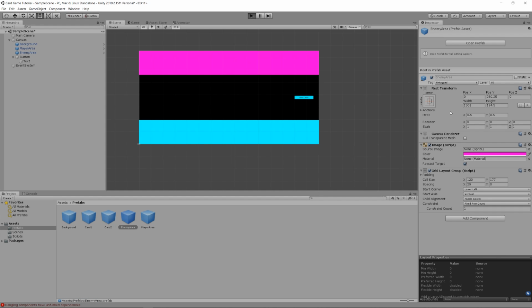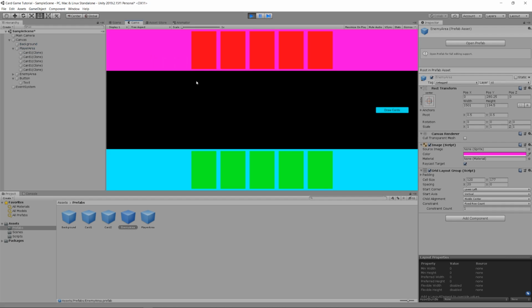Okay. Save that. Go back to my game. Click play. Draw cards, and now I have 3 green cards here and 3 red cards up here. So yeah, that's working pretty good. Well, let's add one more piece to this. Let's say that I don't want to just hand out the same cards to myself and the same cards to the opponent. Actually, I want to mix it up,